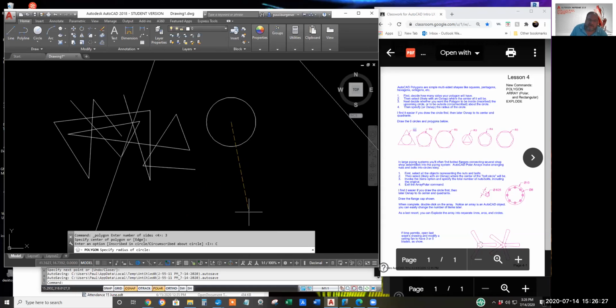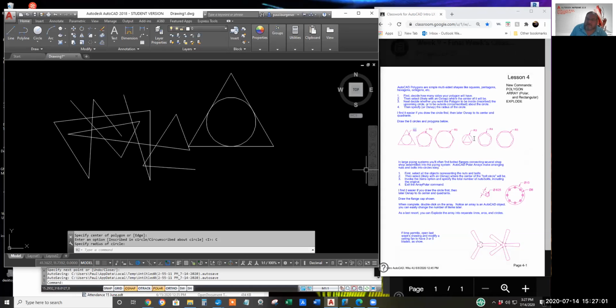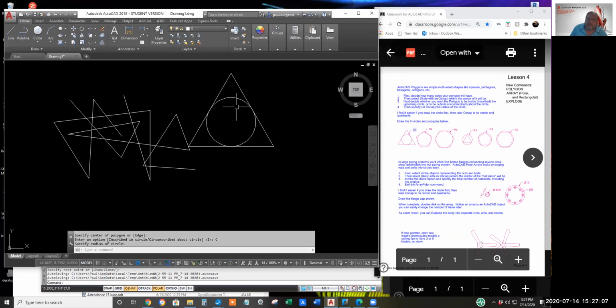AutoCAD comes back with specify the radius of the circle. Well, this is where O snapping to the quadrants comes in handy. Depending on how the engineer sketch, or your academic assignment has it, hopefully one of the quadrants will make the flat side up or down as you want it, and you won't have to rotate it. So I'll click on the 6 o'clock quadrant, and that's all there is to making the first figure. Let's jump over to the 4th one here and make the triangle inscribed.